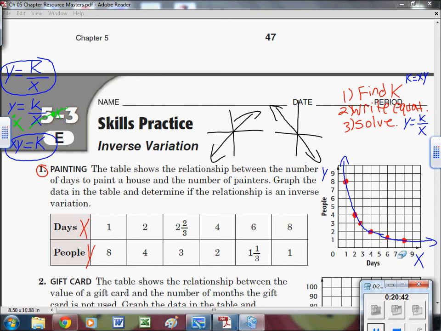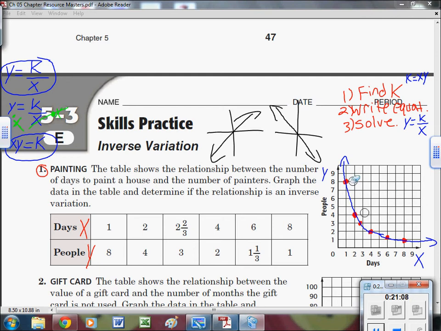Whereas if we have lots of time to do it, maybe a do-it-yourself kind of person at home who's doing it all by themselves, or sometimes the family members aren't willing to help, if you have a lot of time to do it, maybe it only takes one person to do it, but it's going to take them a lot longer to get it done than it would take fewer people to do. So this makes sense with what we understand. It's just not going to be a constant rate of change because it's based off of dividing up the labor